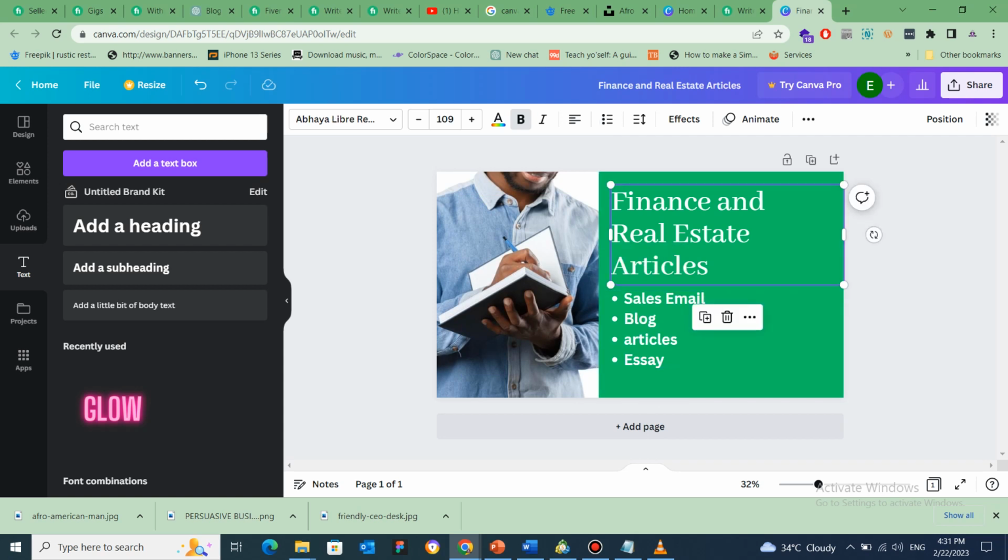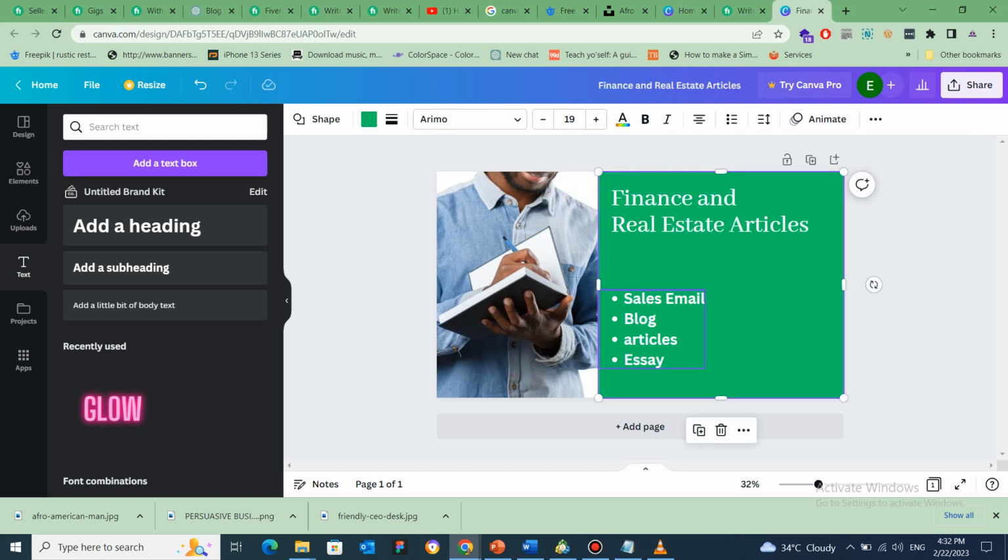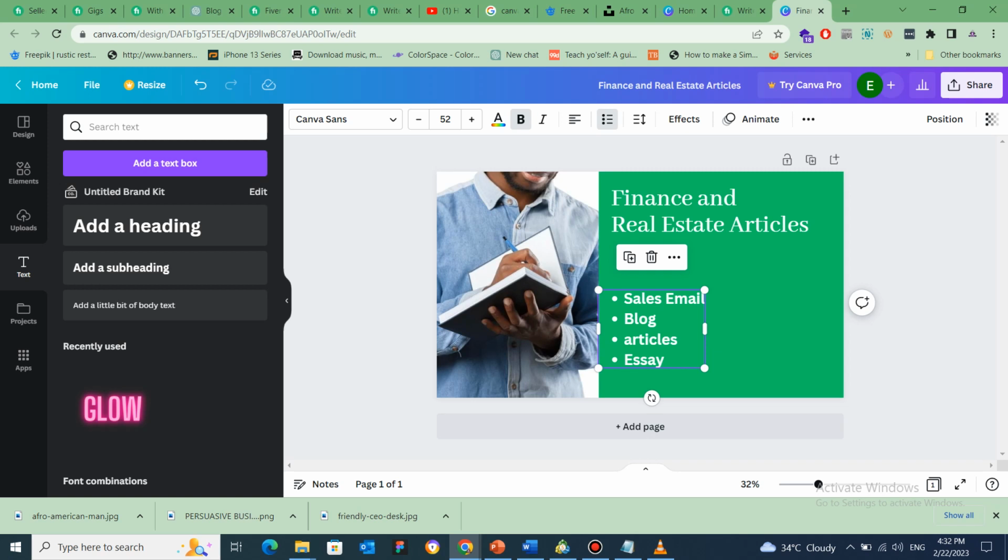So what I want to do here is I might need to still tweak this a little. Let me see. Okay, finance and real estate article. Okay, so put it here,